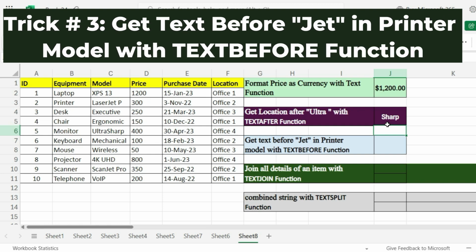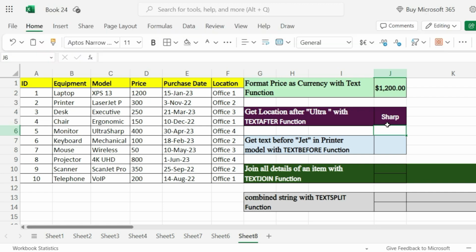Trick 3. Get text before jet in printer model with TEXTBEFORE function. Our third trick uses the TEXTBEFORE function to extract part of the model name. For example, if we want to get the text before jet in the model name in cell C3, we use